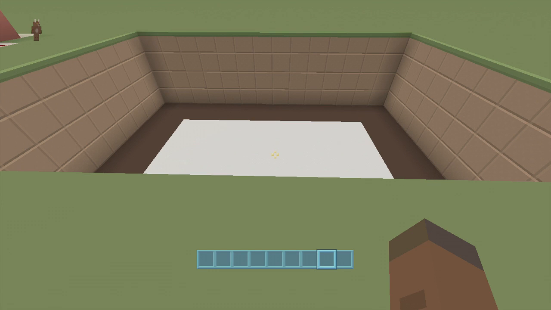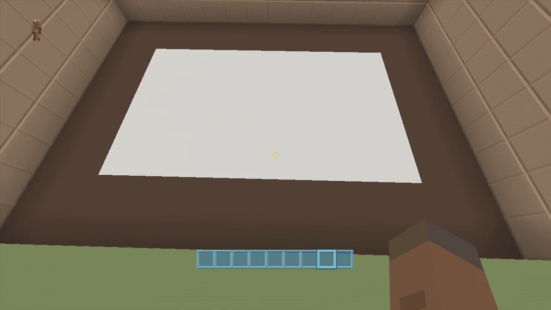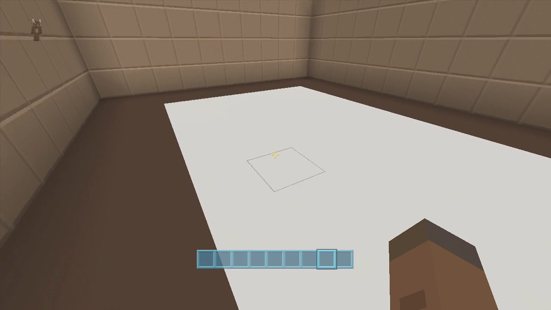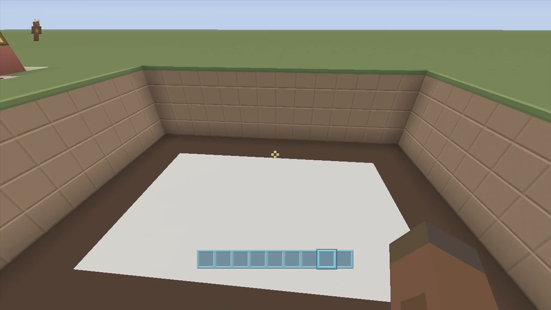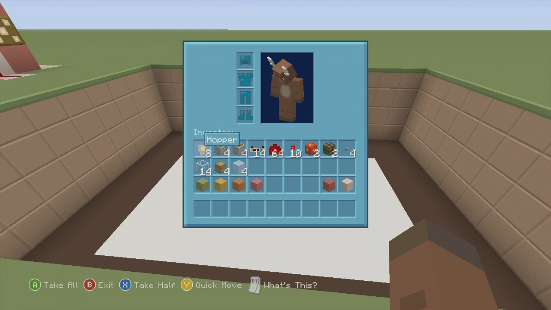So for this build, guys, we are going to need a 10 by 6 spacing. We're also going to have to dig down 4. However, we do need to dig down 5 in just 2 areas, so make sure you have enough room to dig down 5. Now for this build, we're going to need 8 hoppers, 4 sticky pistons, 4 regular pistons, 14